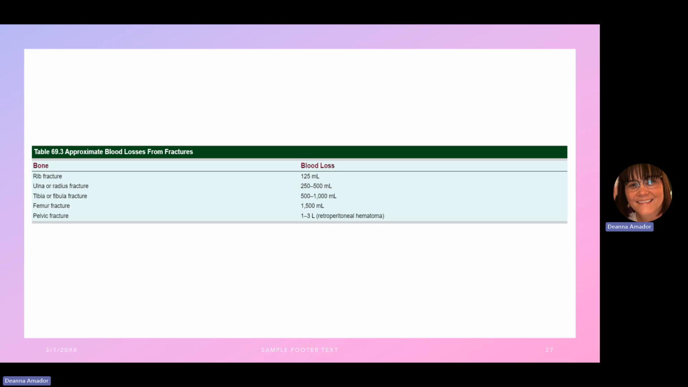It's a major source, pelvic and femur, of major hemorrhage that needs to be controlled by stabilizing the fracture. So what I was telling you is to keep in mind with trauma, especially motor vehicle accidents and so on and so forth,